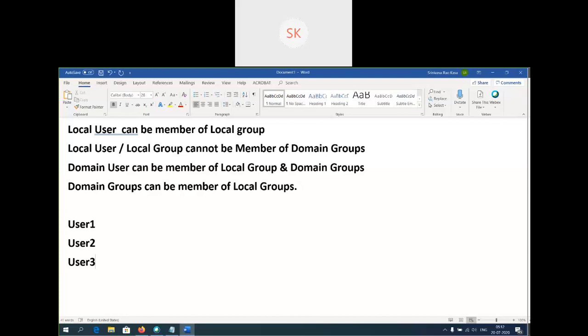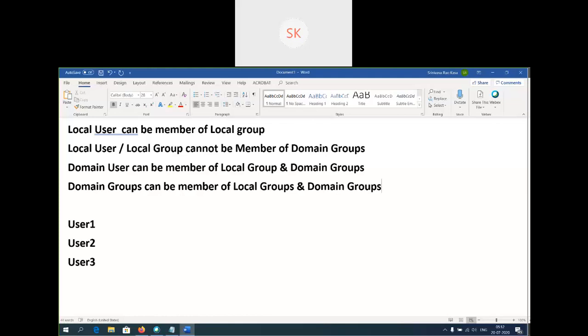These 2 points: a user can be a member of domain groups, and a domain group can be a member of local groups as well as other domain groups. These are the basic things.